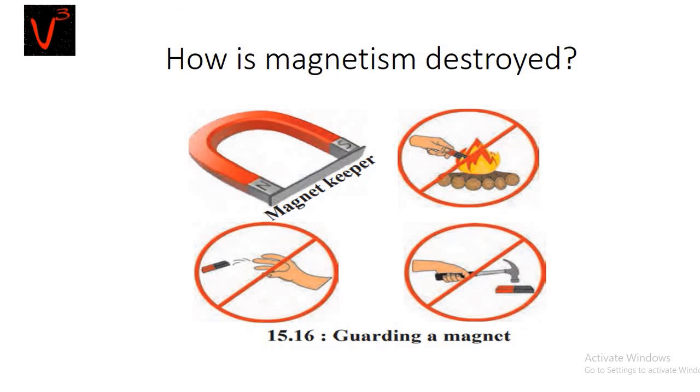A piece of soft iron is placed in a box in which a magnet is kept. The bar of soft or pure iron protects the magnet. Therefore, such a bar is called a magnet keeper. You can see for that horseshoe magnet, the magnet keeper is kept. So this magnet keeper is made up of soft or pure iron. If we have a magnet, we should not throw it, we should not hammer it, neither should we put it into the fire. We should always protect it by keeping it in a pure iron or soft iron protecting case.